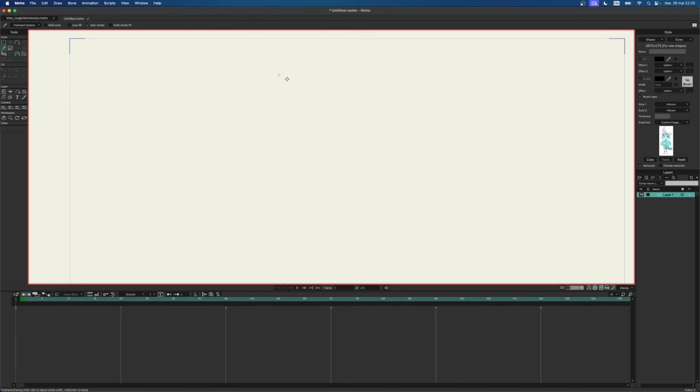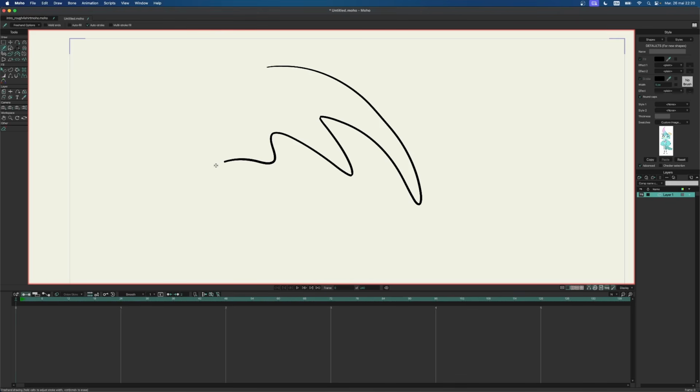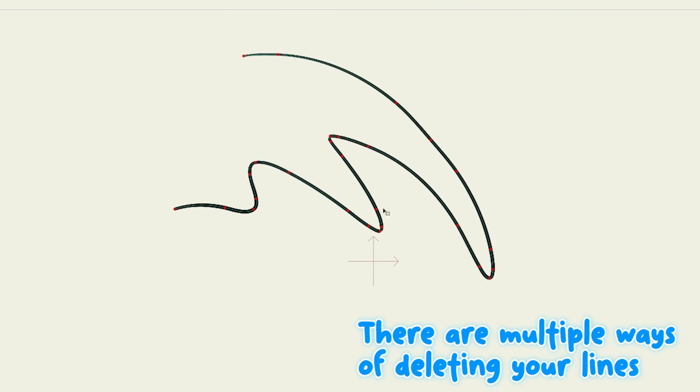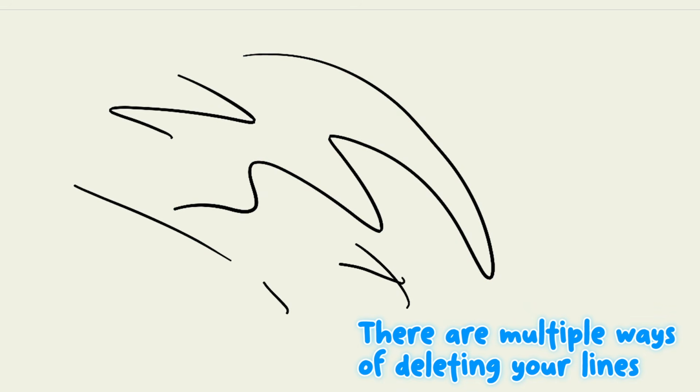Another thing you might want to do with your lines after you drew them is to delete them. One of my favorite ways to do this is to get the select tool, make a big selection either by selecting it like this or by selecting a point and pressing tab to get all of them. Or if I want to delete everything that is on my screen, I can also get the select point tool and press Command A or Control A on a PC, and then it selects all the points. And then all you gotta do is press on the delete key on your